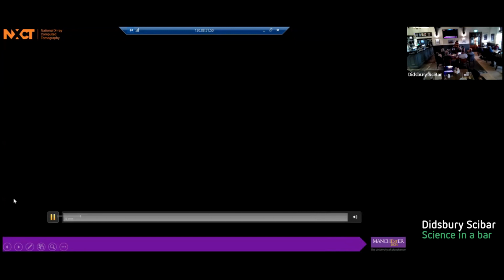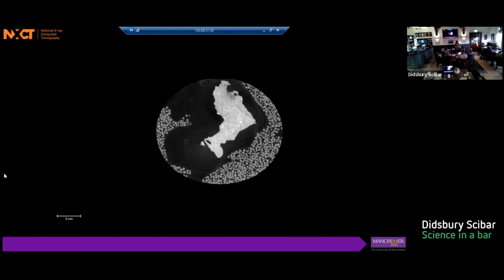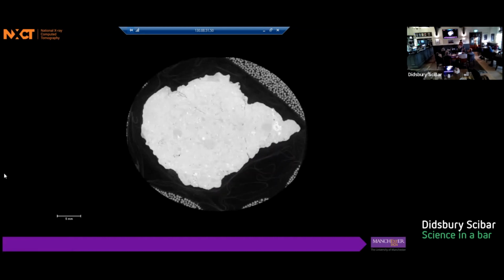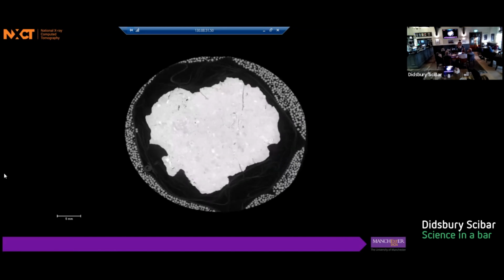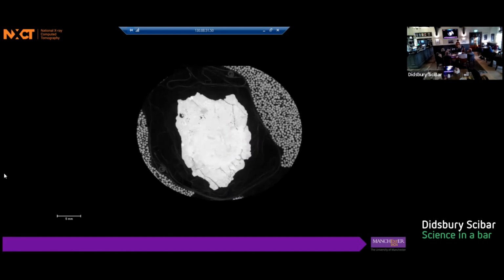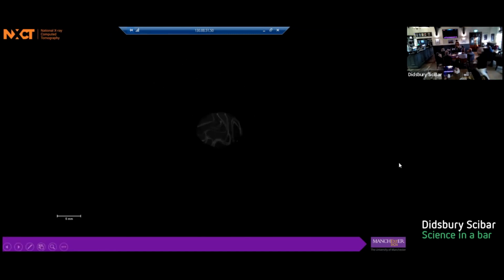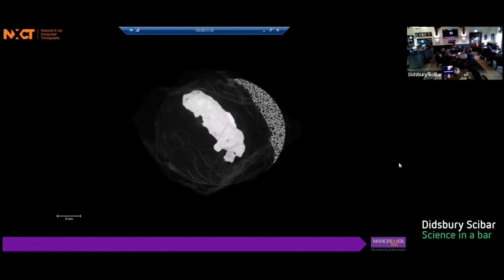So here's something still in the, oh no, something completely different. So this is a piece of moon rock. We've been very lucky in our lab to twice have moon rock specimens come in. And as you can imagine, they're some of the most valuable lumps of rock on the Earth. And again, we don't want to destroy it, we don't want to damage it, but we also want to image it in the highest